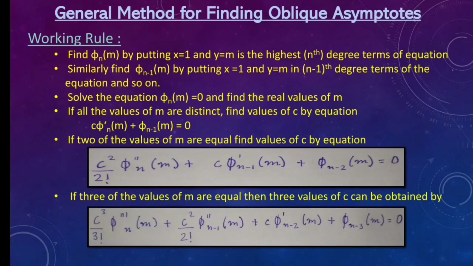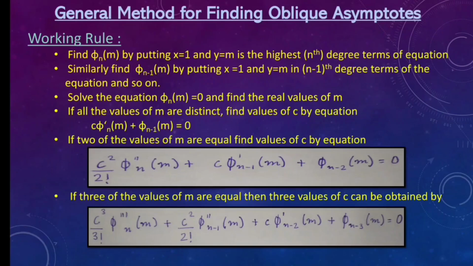Now if we see that the values of m are distinct, then we'll find the value of c by this equation, which is c phi dash n m plus phi n minus 1 m is equal to 0. If two of the values of m are equal, then the value of c is calculated by c square upon 2 factorial phi double dash n m plus c phi dash n minus 1 m plus phi n minus 2 m is equal